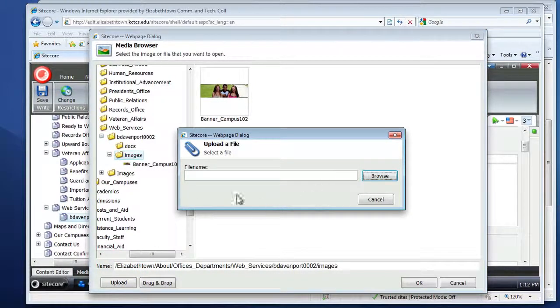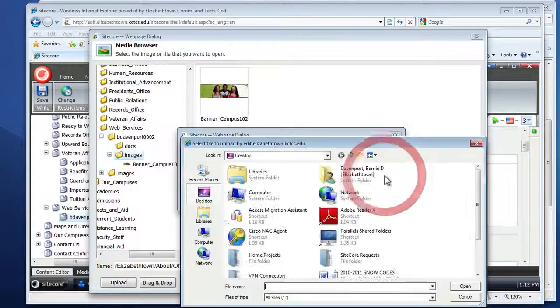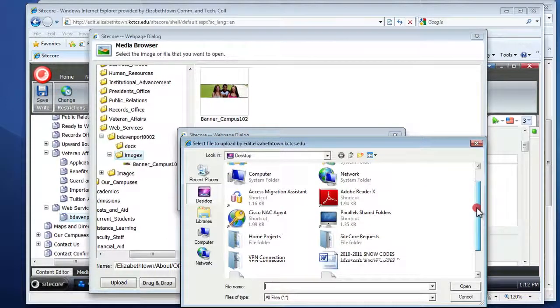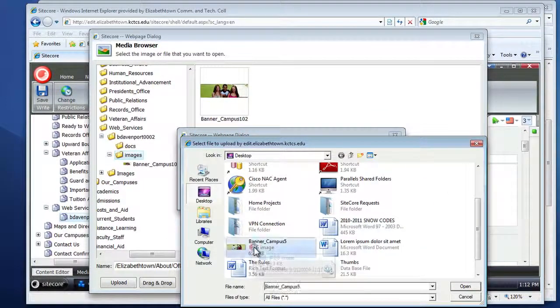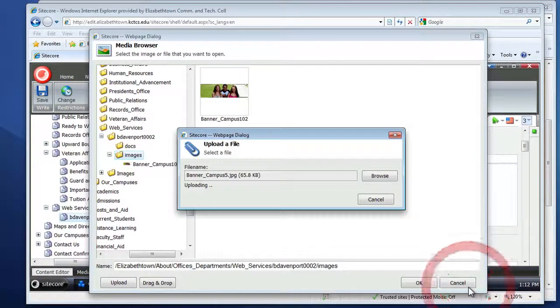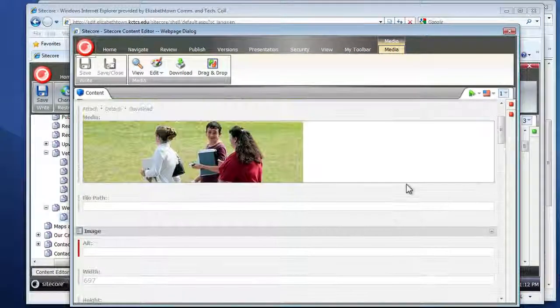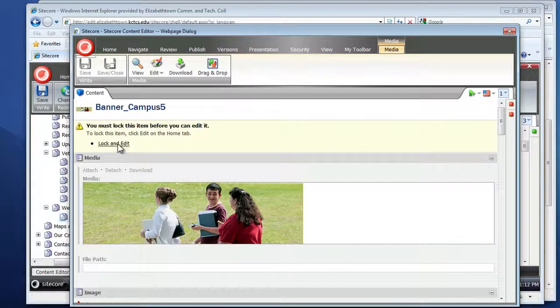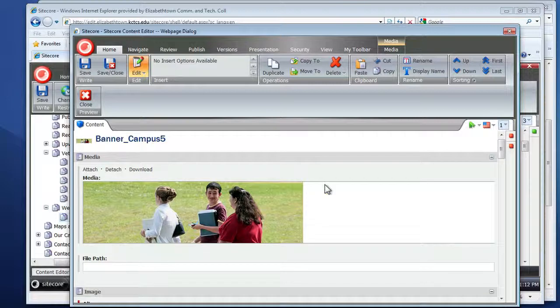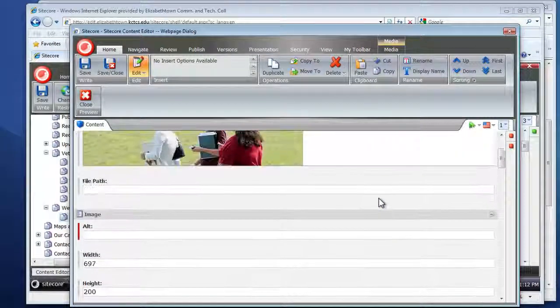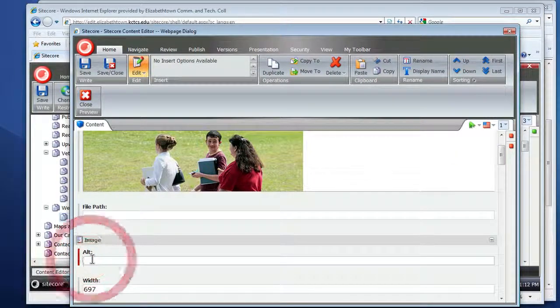It prompts me to browse to my file, and I've just popped this one up onto my desktop, so I'm just going to select the image, say open. Now notice it's uploading the file right now, and as soon as the file is uploaded, it opens it up in a new window because it's a new media item. Now the problem with this, if you'll notice this red bar, there's no alt text. So first thing I want to do, I want to click to lock it and edit it, come down, and with my alt text I can just say